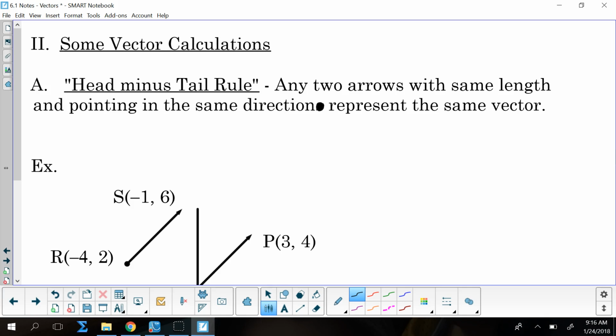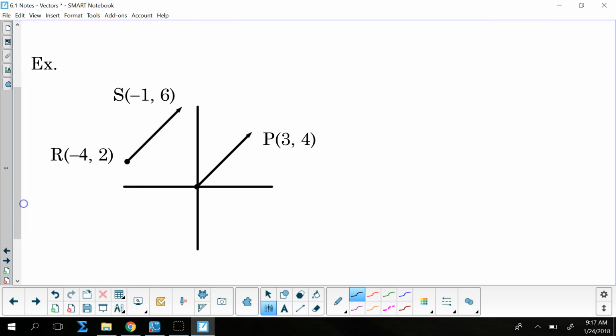So based off of that, okay, we should find the component form of vector OP. We can do that, okay, using the head minus the tail rule. There we go. Okay. So the component form of vector OP